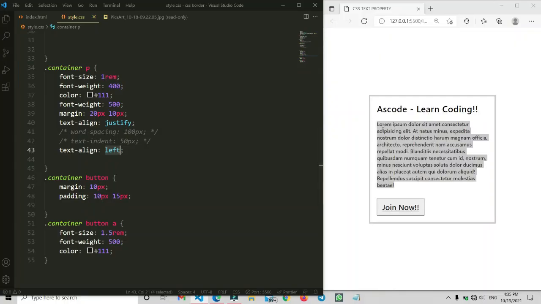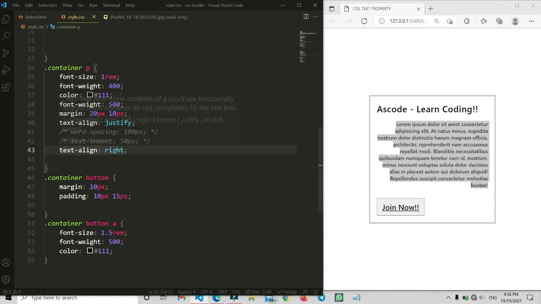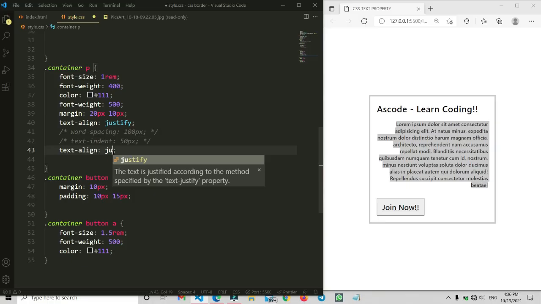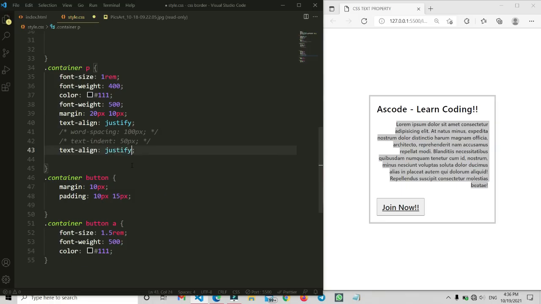You can see the left side is equal, but the right side is not. The value right sends all the text to the right side. And if we make it justify, all the text will have similar spacing, and the sizes of the lines will be equal. So we can apply text align like this.